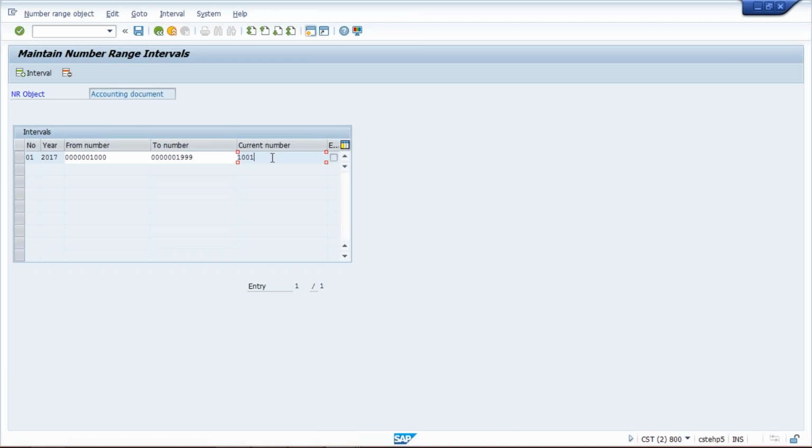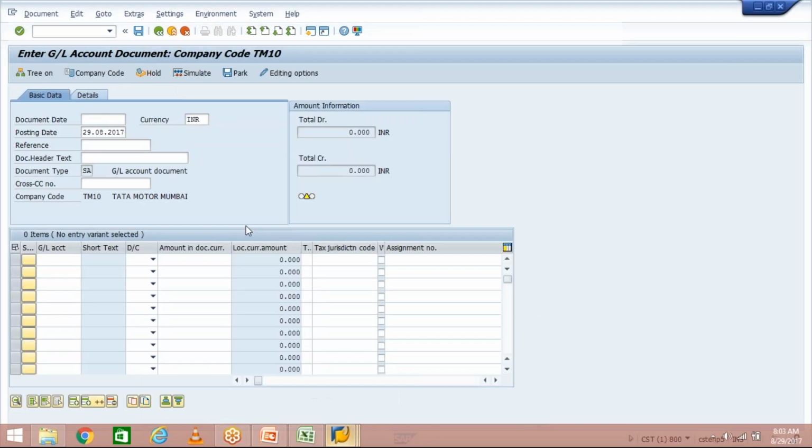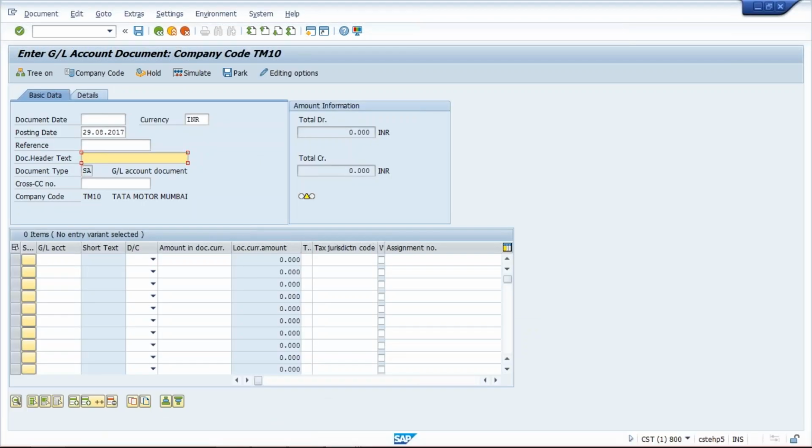But whatever the gap is there, that will be consumed by the system. So this is the logic to generate the document number. If somebody asks how the system is generating the document number, you have to say the document number is generated by document type. And one more thing, guys, when you go to FB50,